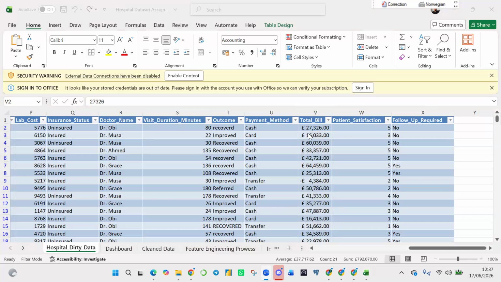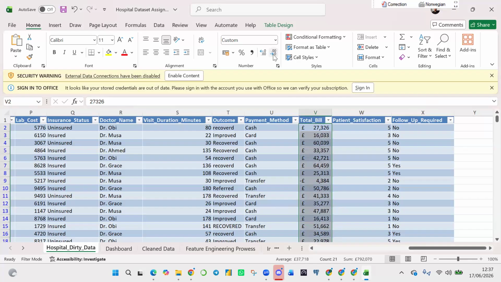So this is the core of it. Doing the dashboard itself is not hard. In minutes you'll be done. But knowing what you are presenting, and presenting something that makes sense, is actually the crux of the whole thing. So we are going to be working with pounds just because